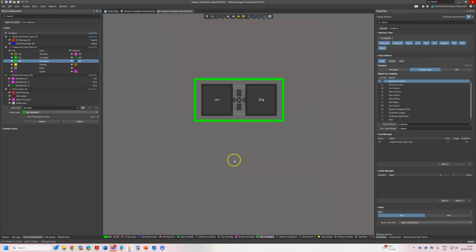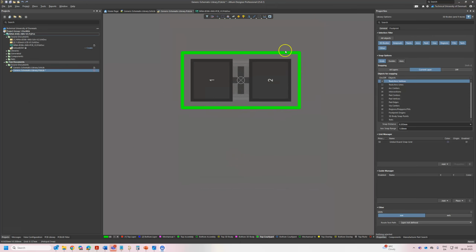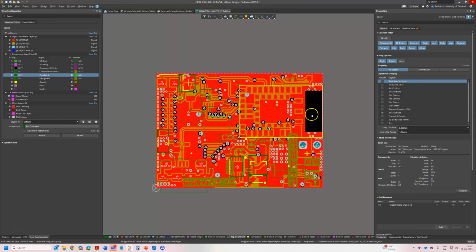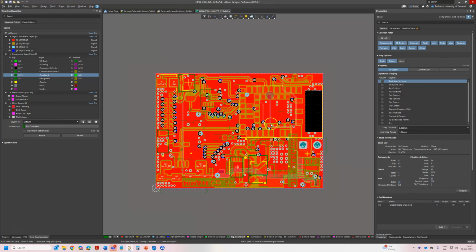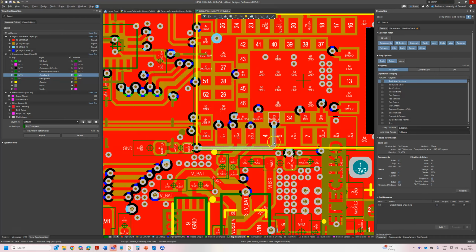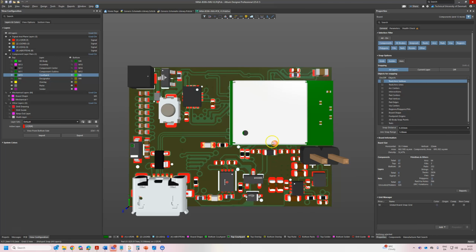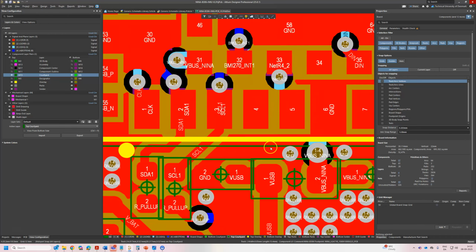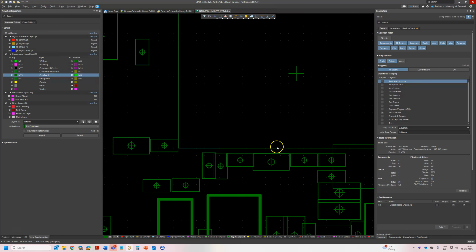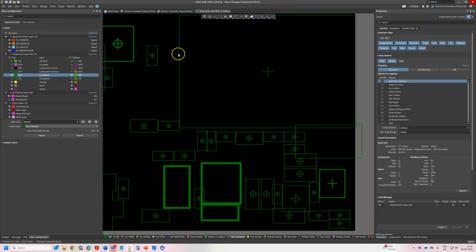So let me remove this. I will just give you a small example about when this layer is really useful. So if I have here 3D, I have this module. You can see the pads are here, and then we still have a body as well. So the pads are basically under the module. If I don't have this layer, I might bring those capacitor or resistor very close. But this layer here, which is Control S, the courtyard layer,